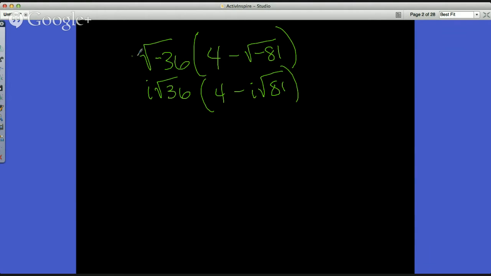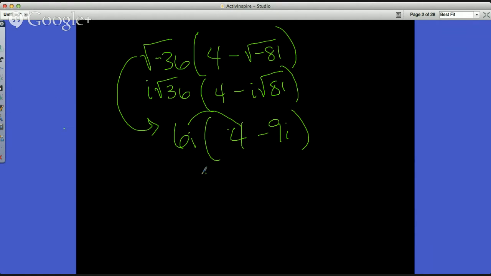Now, if you can make the jump from here to this next step, take it and go with it, because we know the square root of negative 36 would be 6i, and the other one would be 9i. Very good. Okay? Now, at this point, I need to make sure I distribute out. So 6i times 4 would be, good, 24i, and 6i times negative 9i would be